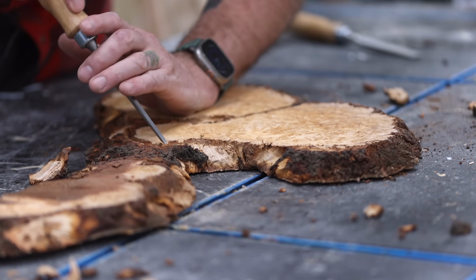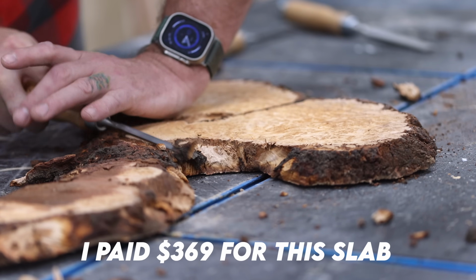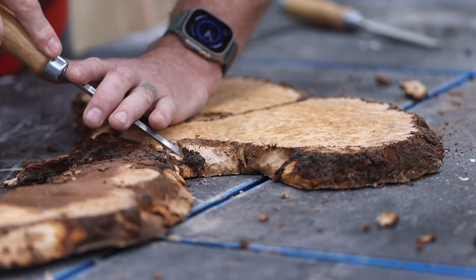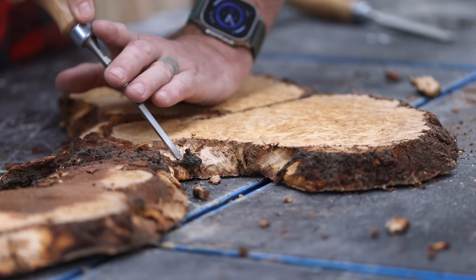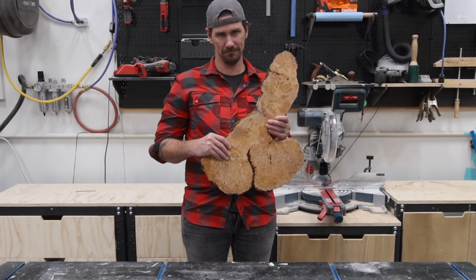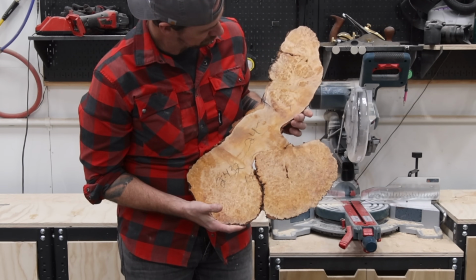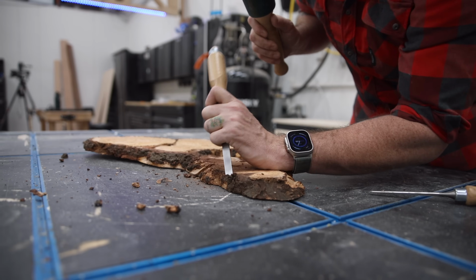I'm so predictable. And maybe one day I'll learn my lesson, but again, I bought a slab online and it turned out to be junk. When I saw it posted online, it looked like a rather large, uniquely shaped cherry burl slab. And something about the shape really drew me to this piece, but I can't quite wrap my hands around what that was. So my mission here is to turn this trash, junky slab into something that I can sell for